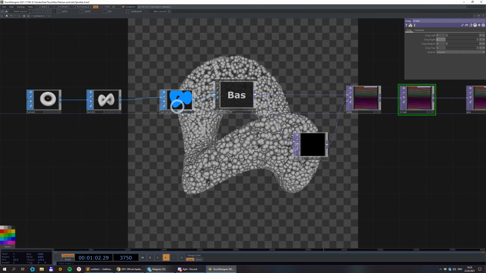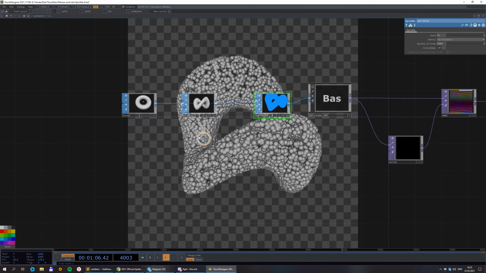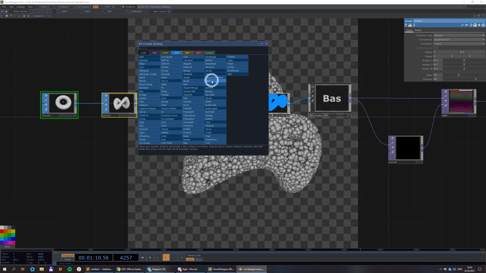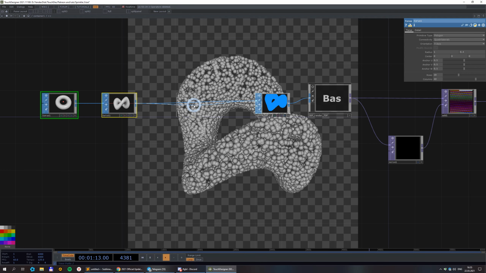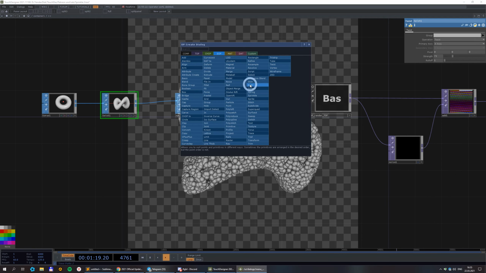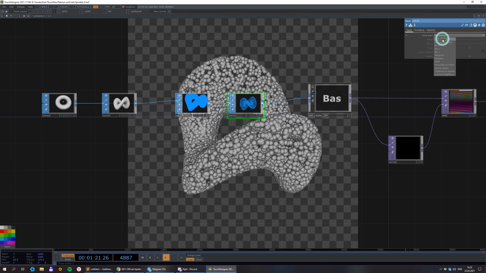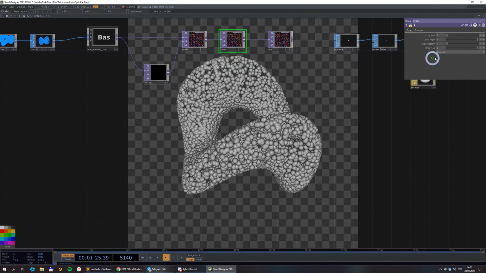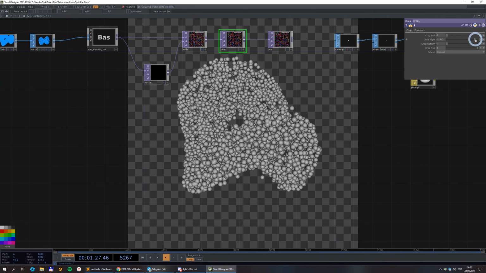And depending on what kind of setup you have here, sometimes it's better to sort the points. Not here, but after the sprinkle. So you sprinkle first and then sort points by random. And now if I crop it, it's kind of randomly